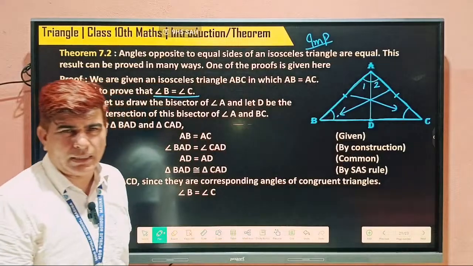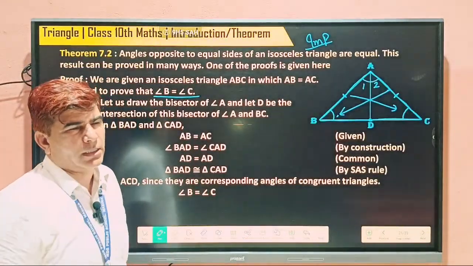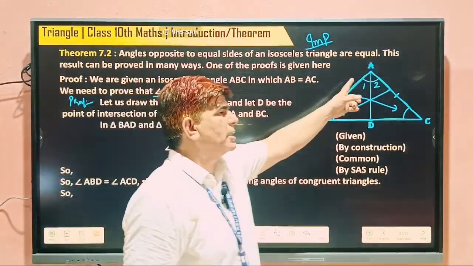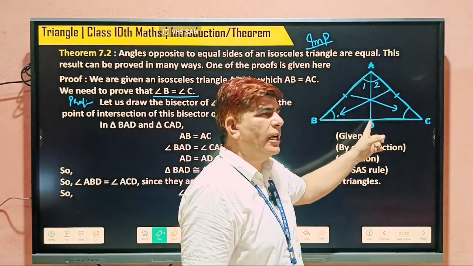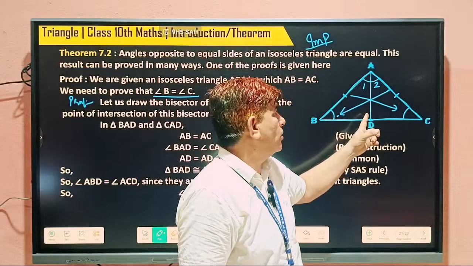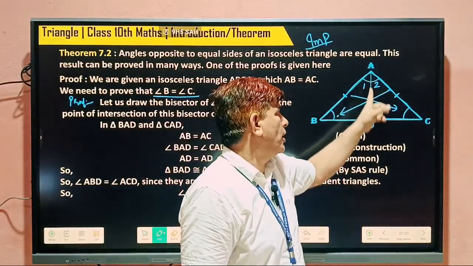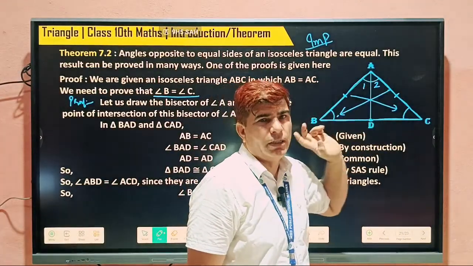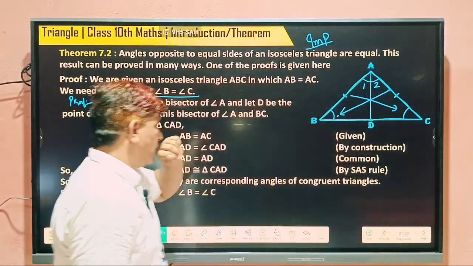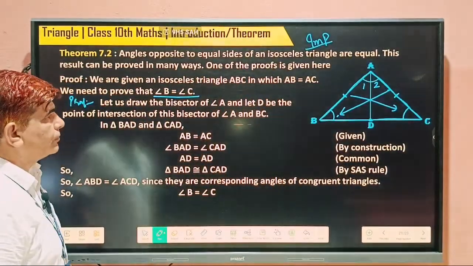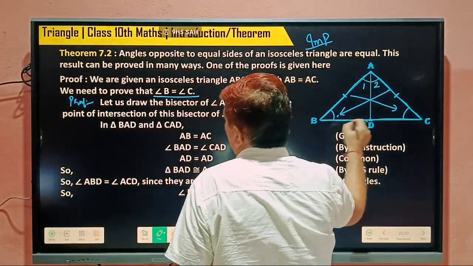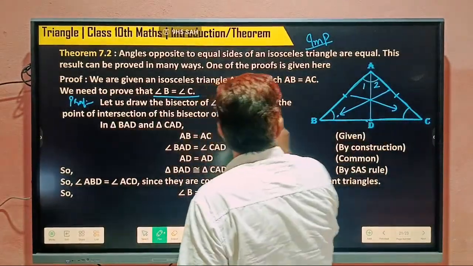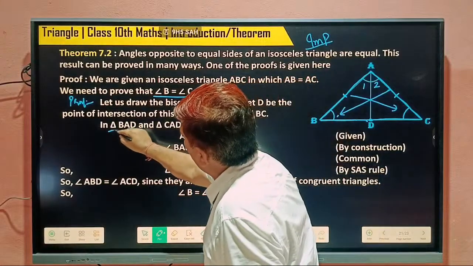One is the bisector, another one is the perpendicular bisector. Bisector meaning it divides this angle and meets the opposite side at any point. And a perpendicular bisector also makes this angle 90 degrees. So try to understand the difference between these. So taking this triangle ABD,